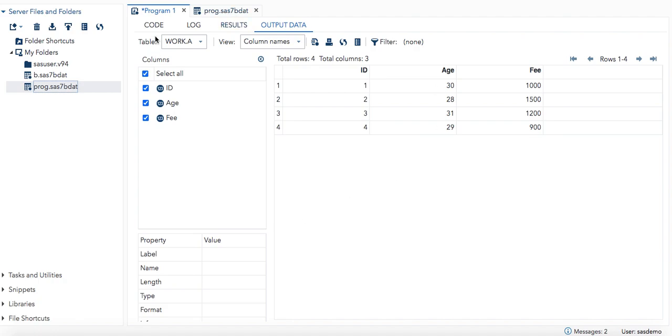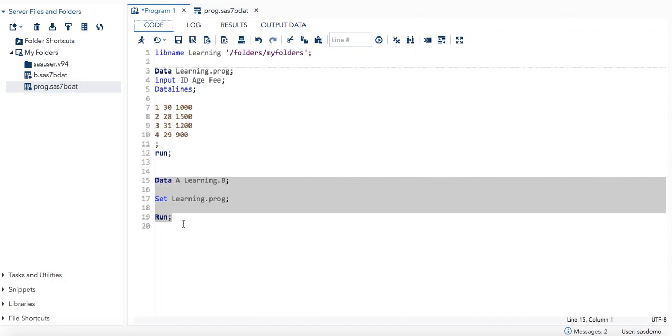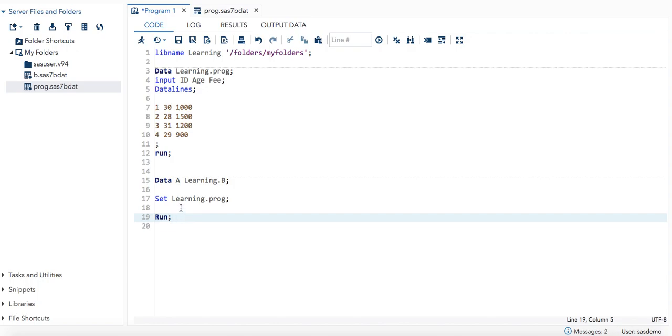No as such difference you will be able to see, but what is the difference here, I'll tell you. Here when I say data a space learning dot b, it means I am creating two data sets, that is a, and one is learning dot b.